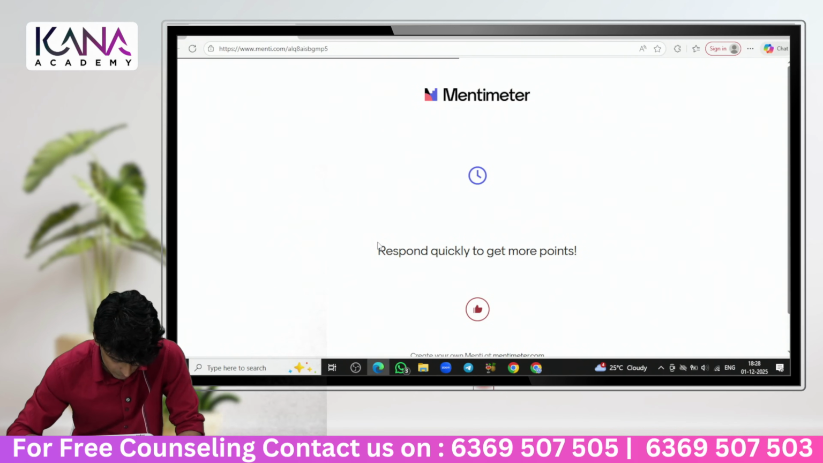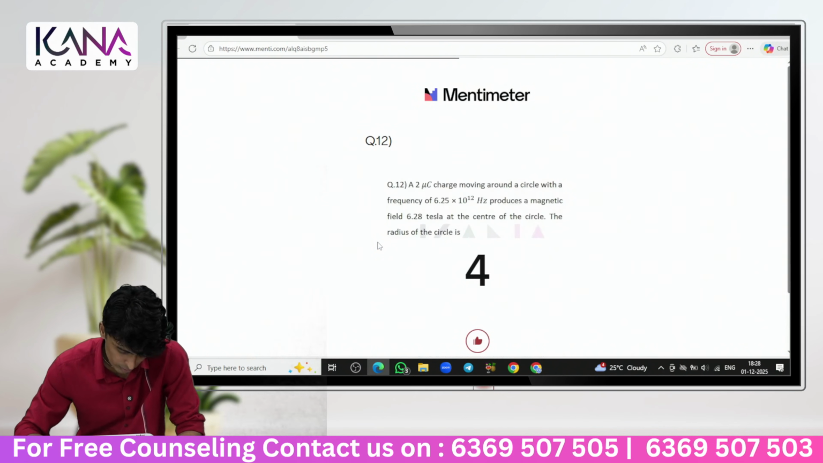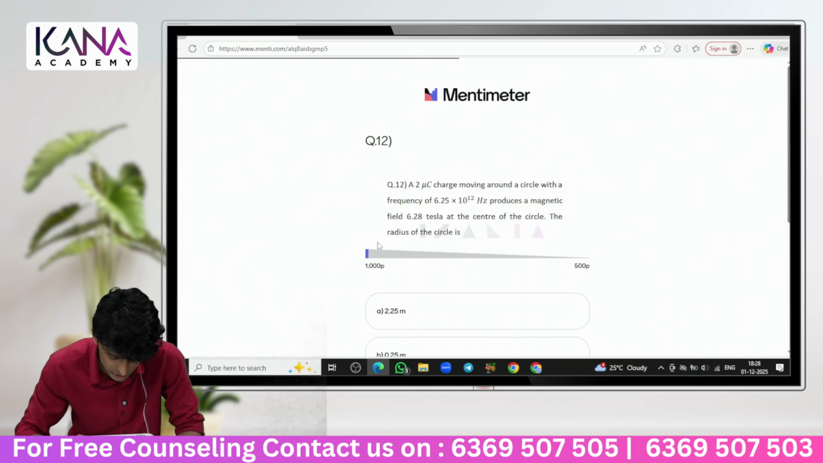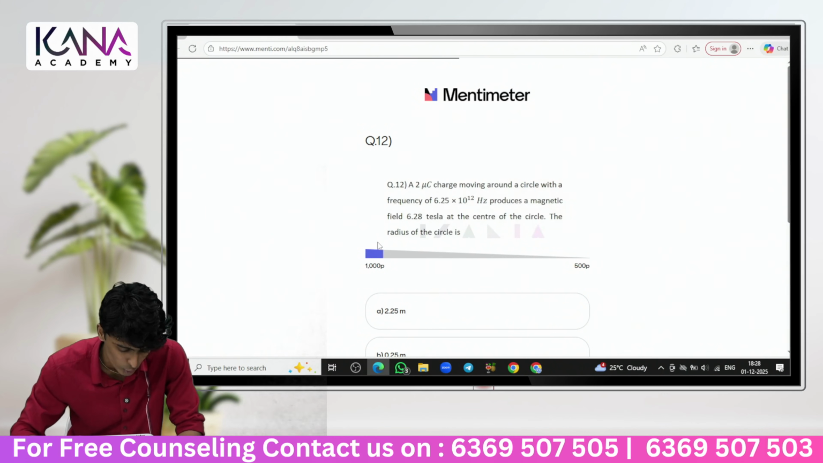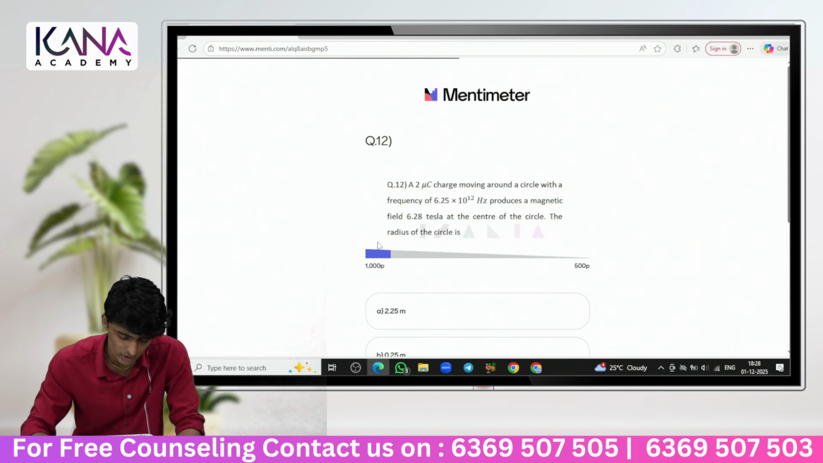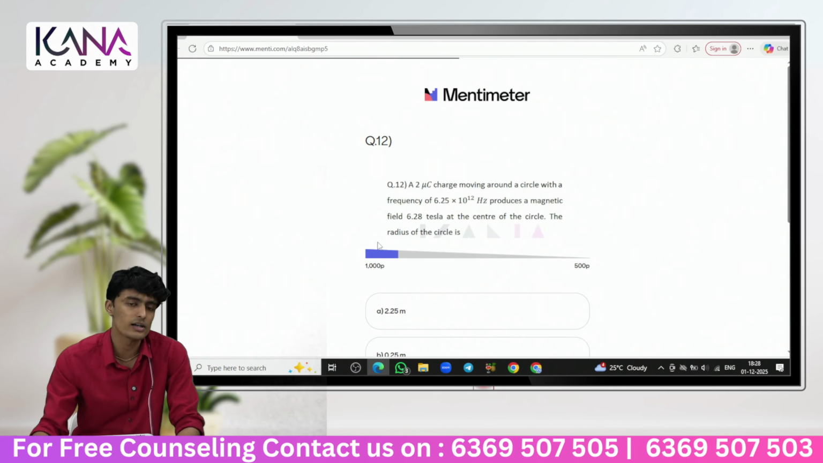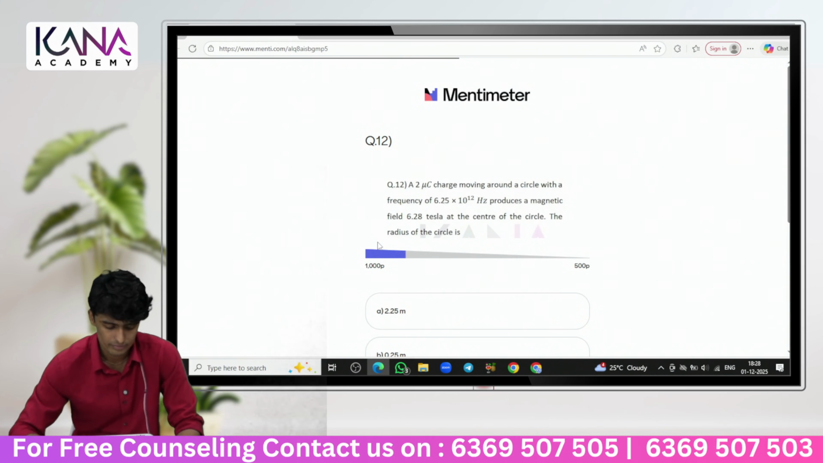Two electrons are moving around a circle with the frequency 6.25 into 10 power 12 Hz, producing a magnetic field of 6.28 Tesla at the center of the circle. The radius of the circle is